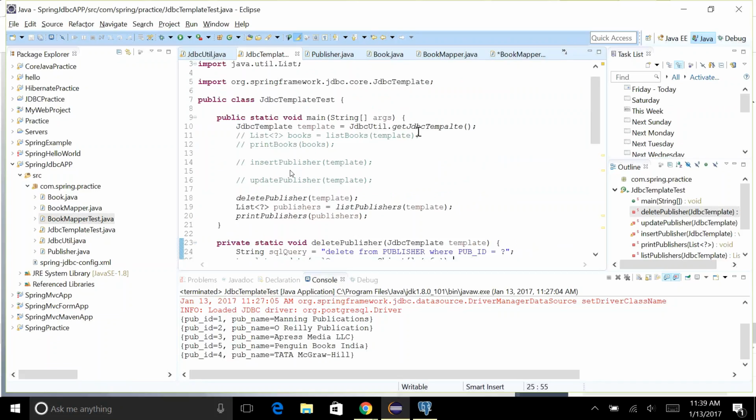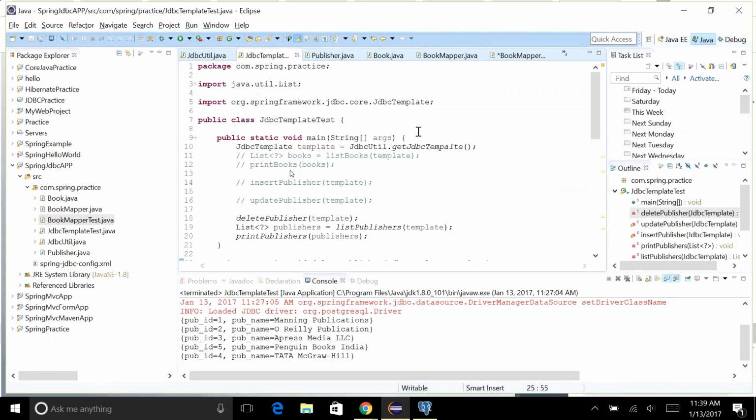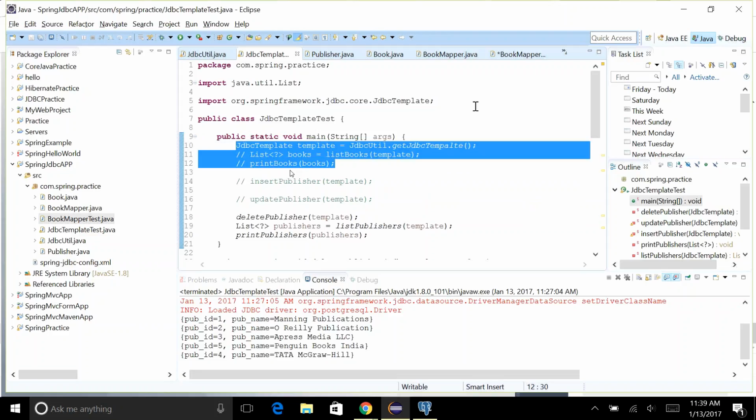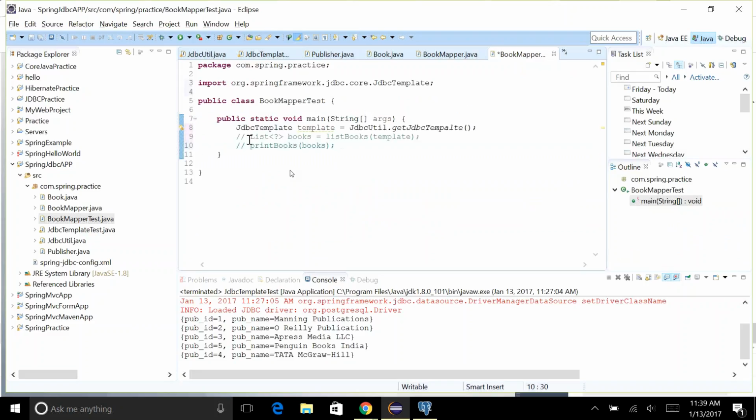So copy line 10, 11, 12. Uncomment that line 9, 10. Right. And import that list